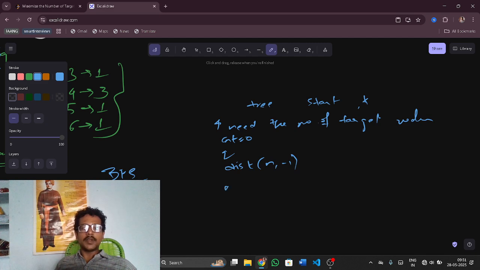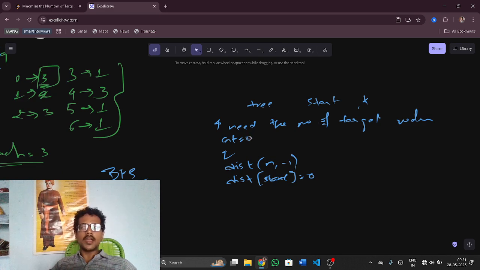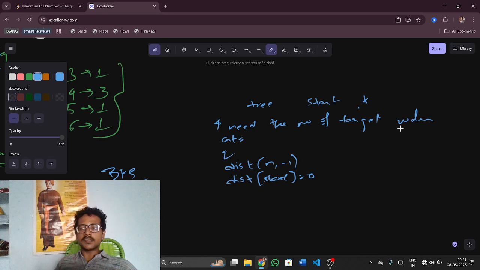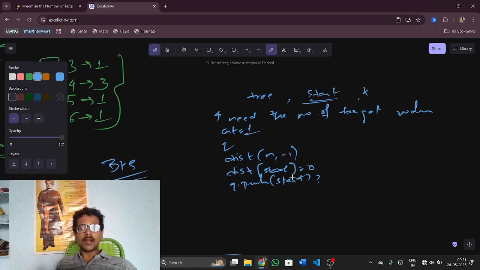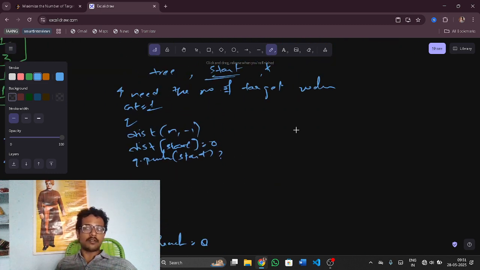Now I'll set distance of start node to 0, as I said, and the count is not 0. Why? Because this starting node should be counted. So count is equal to 1. Now I'll push this starting node into q, and while q is not empty, what I'll do